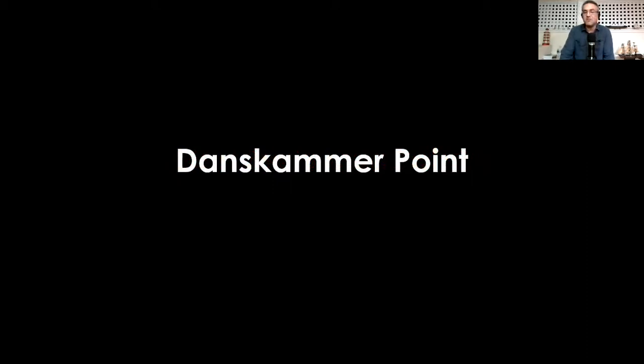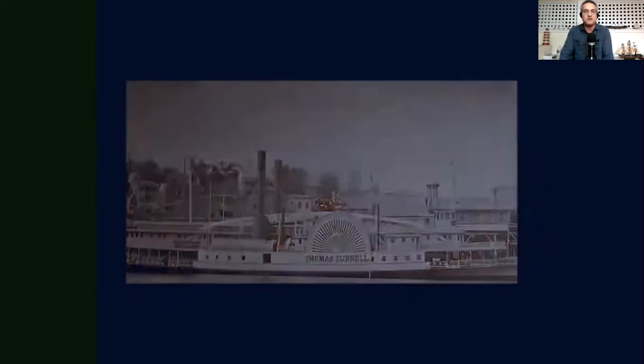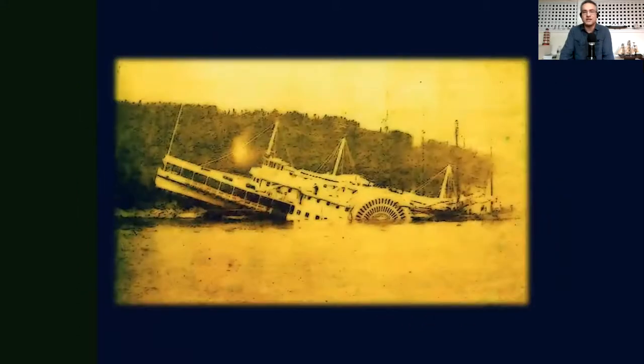And on a foggy evening in March of 1882, a 300-foot steamship called the Thomas Cornell was heading downriver from Kingston and crashed right into the point. The passengers and crew made it safely ashore. They were rescued about an hour later by another steamship heading out of Poughkeepsie. But the ship was so badly damaged that after removing the engines and other machinery, the owners just let it